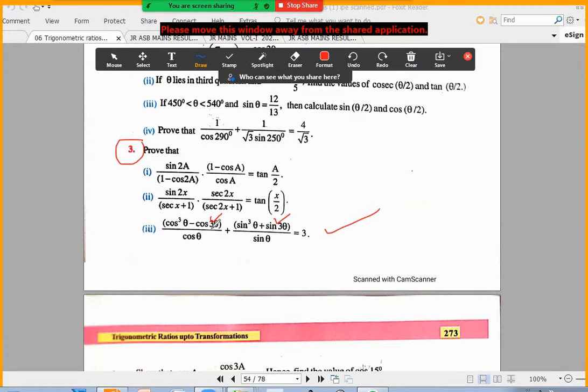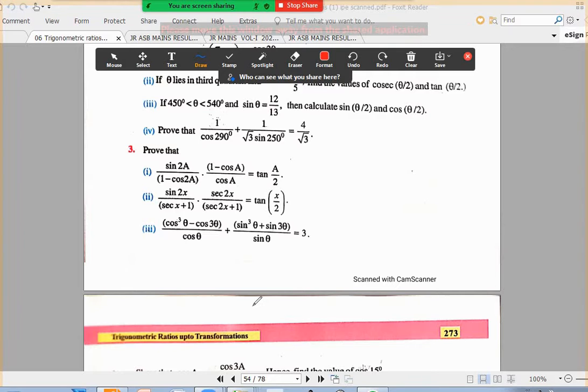Simply write cos 3 theta as 4 cos cubed theta minus 3 cos theta. Sin 3 theta as 3 sin theta minus 4 sin cubed theta. Very easily simple. We can take LCM and simplify it. We can do that way also. They have to deal with cos power, that means cos theta, sin theta common. You do that. Either you take LCM and do it, or use the cos 3 theta, sin 3 theta formula. You can do it either way.